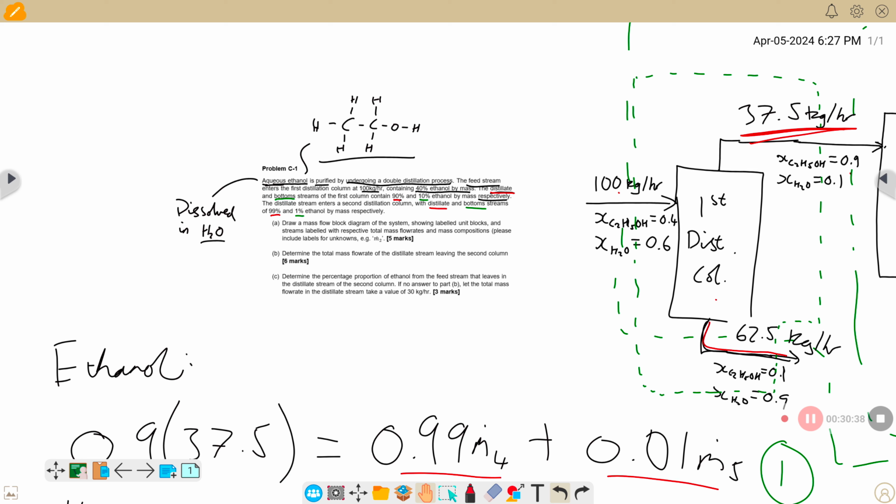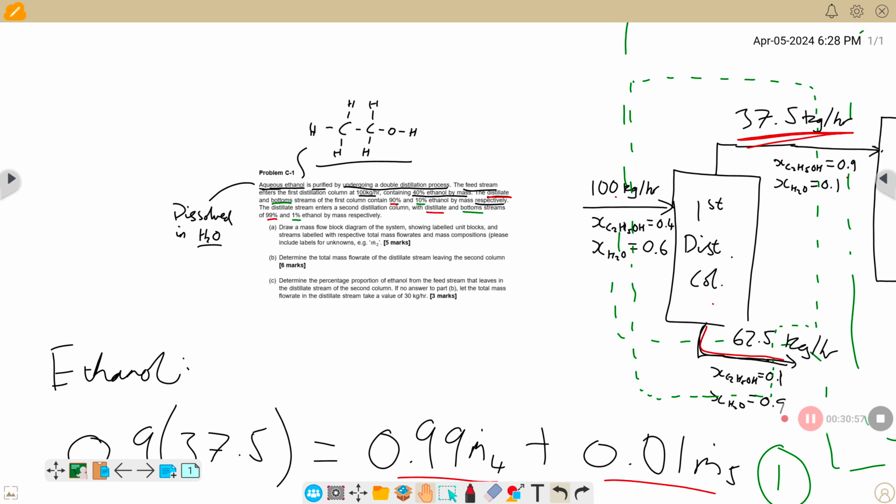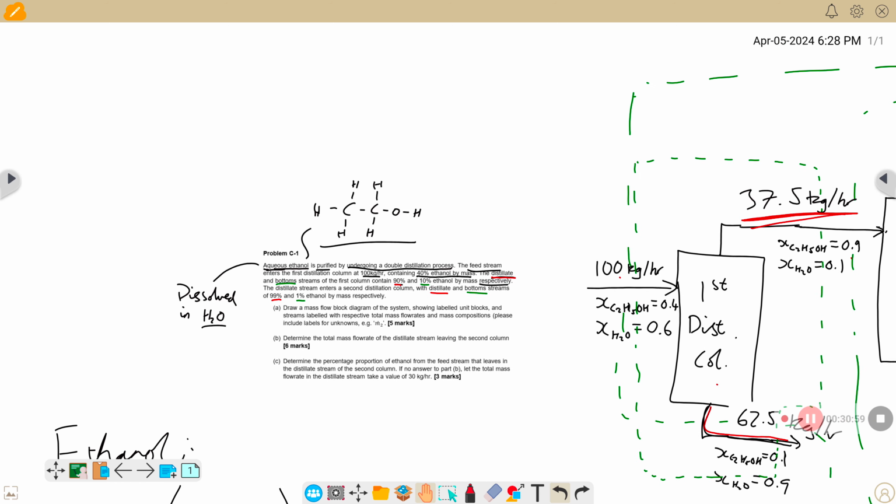You can probably tell this question is basically just asking, how efficient is our system? Of the ethanol that enters, how much of it leaves, right? Well, the ethanol that enters in our first column